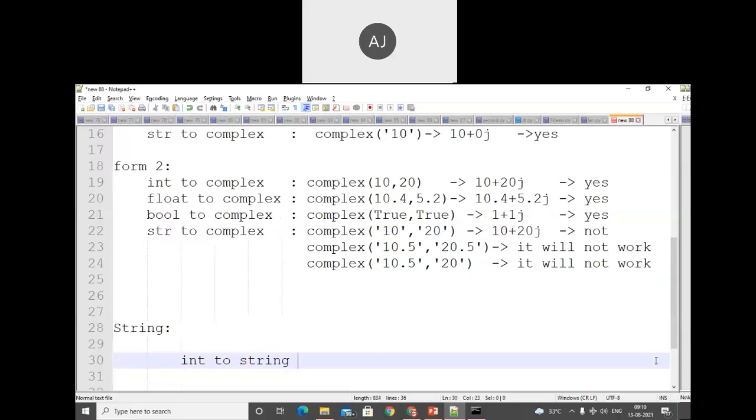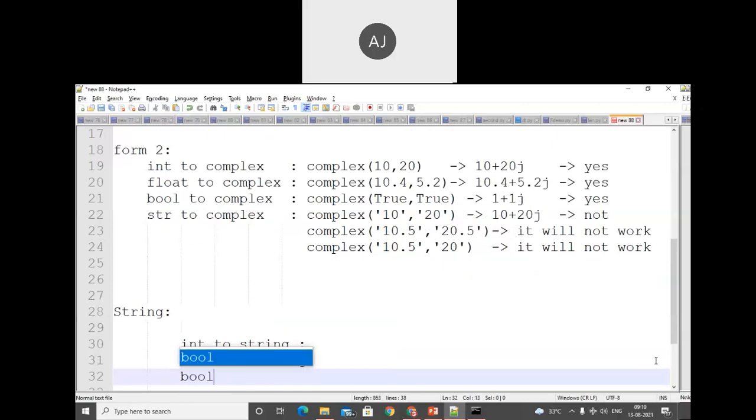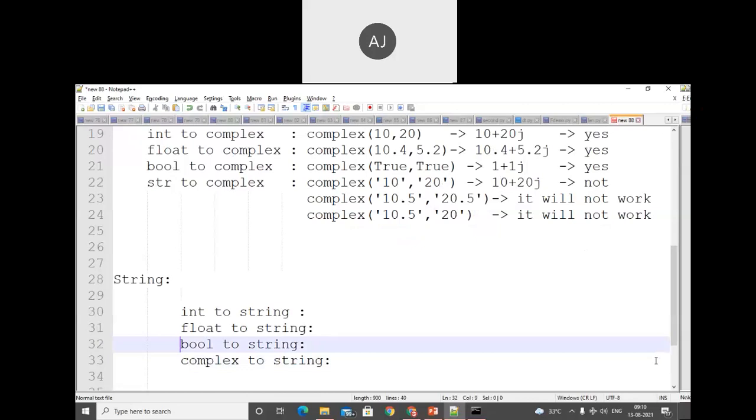Later on, we'll discuss how we convert float to string, and then complex. Okay, so these are the four options. We did the operations of int, float, and bool.